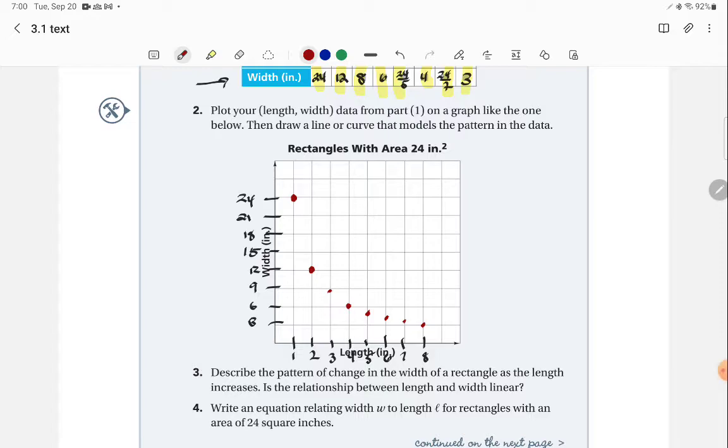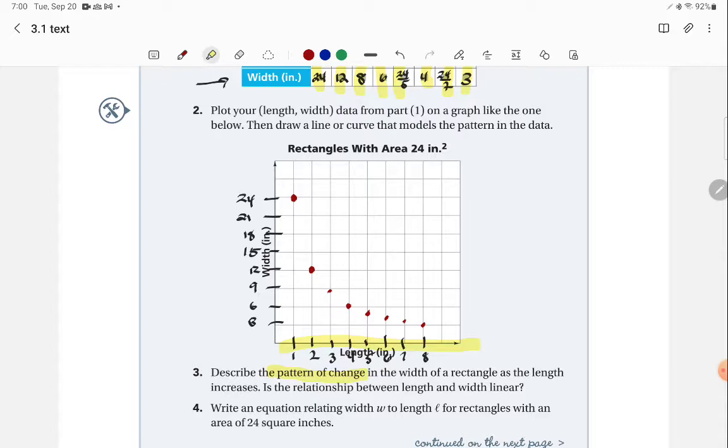And number 3 says describe the pattern of change. Describe the pattern of change in the width of the rectangle as the length increases. So reading from left to right on the x-axis, that's the length. So we are going this way. What is happening to the width? Right? So the width is